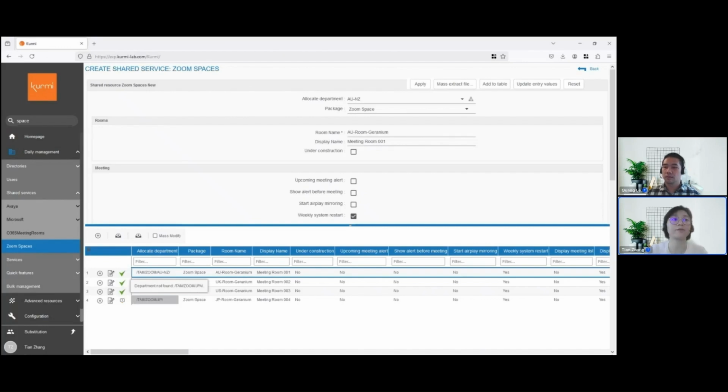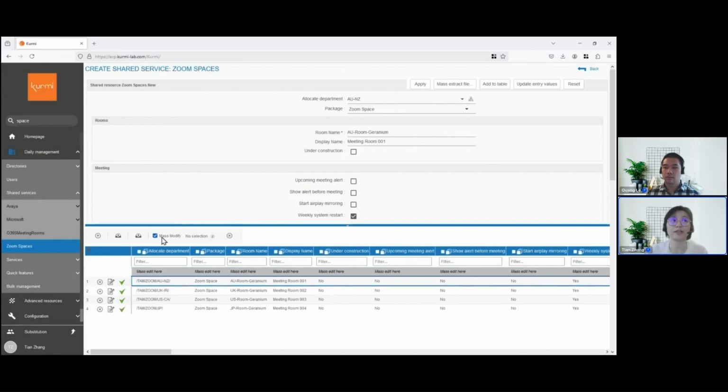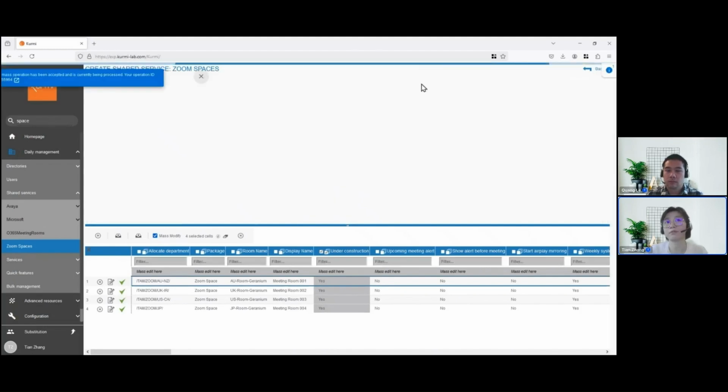added into the file. And Kermi can do this pre-check, and you can perform some real-time changes to make sure that all the parameters have been imported correctly and set up correctly. You can also do the mass change by setting up the parameter together. Once you have all the parameters and you have all these green checks, you can just submit the request, and